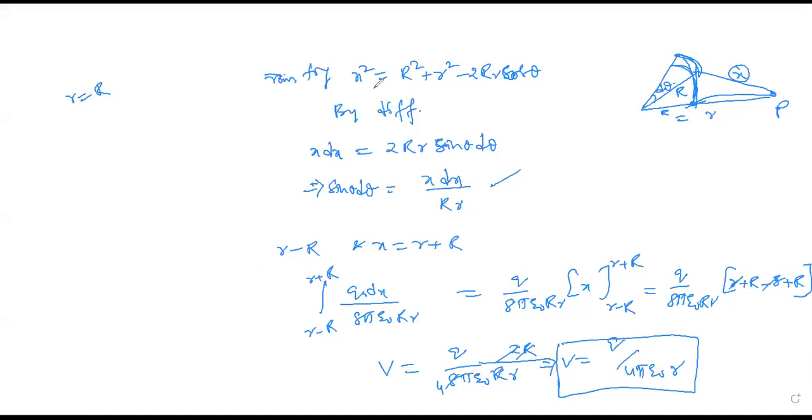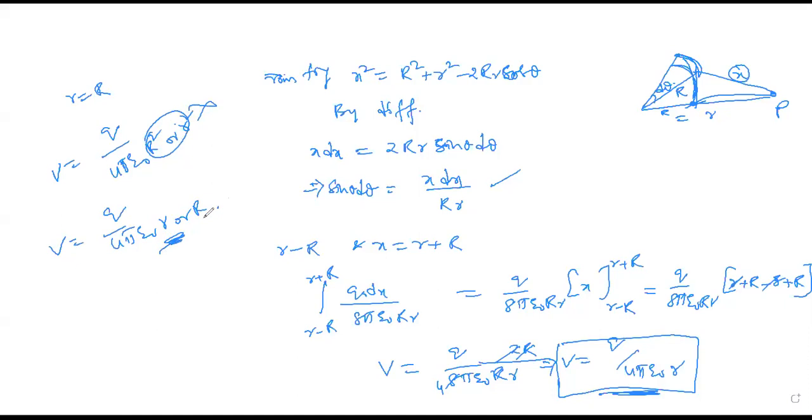So the electric potential on the surface we can write directly as V is equal to Q by, the charge present on this is Q, and the surface area will be 4 pi R square. That will be written as 4 pi epsilon naught capital R square or small r square, either, that's your wish. But what is the actual potential we got? V is equal to Q by 4 pi epsilon naught R. When the point lies on the surface, you'll get V is equal to Q by 4 pi epsilon naught capital R. If it is R square, then it should be electric field intensity. Okay, this is wrong, so you will get this one.